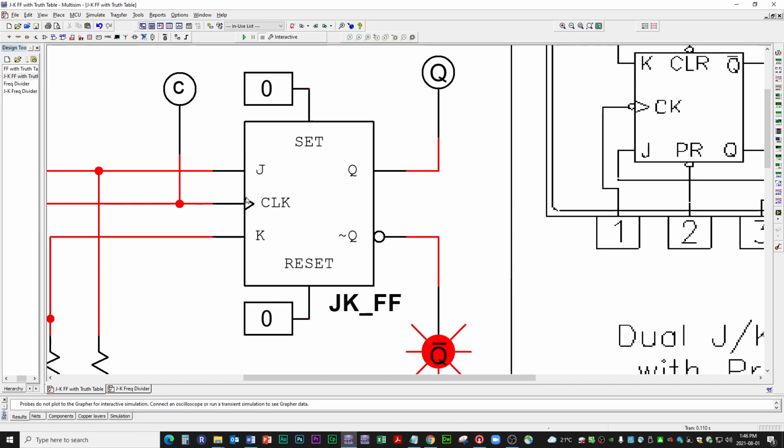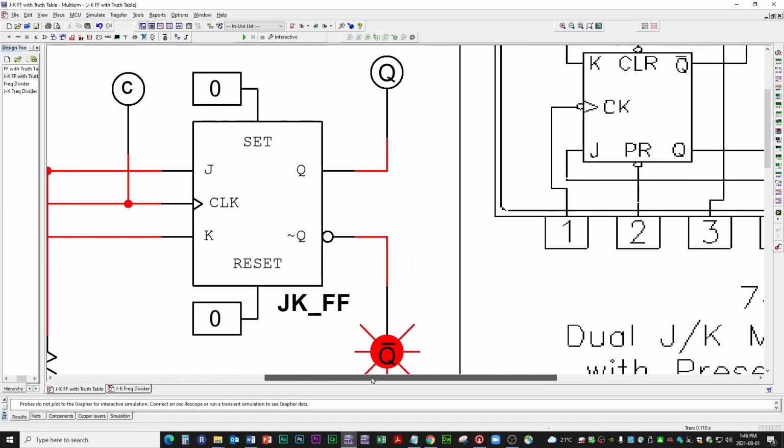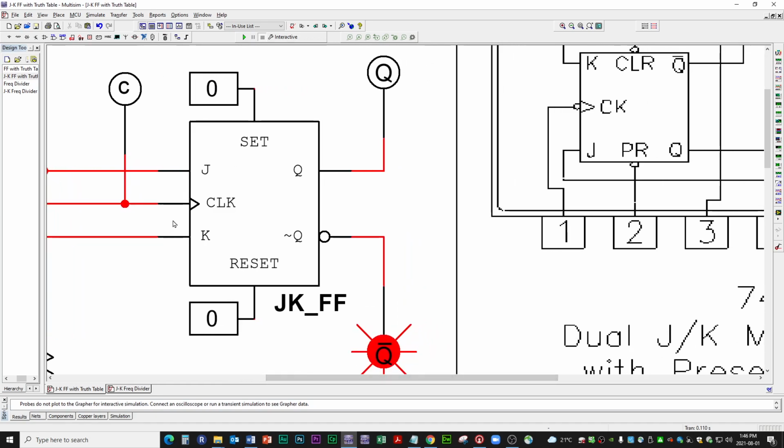Well, there is no bubble here, so this would be a positive edge triggered input, which means that when the input goes from low to high, then the condition is recognized as a trigger. If it stays high, then well, good luck. Nothing is going to happen. It's just during the time that this clock input goes from low to high that something is going to happen